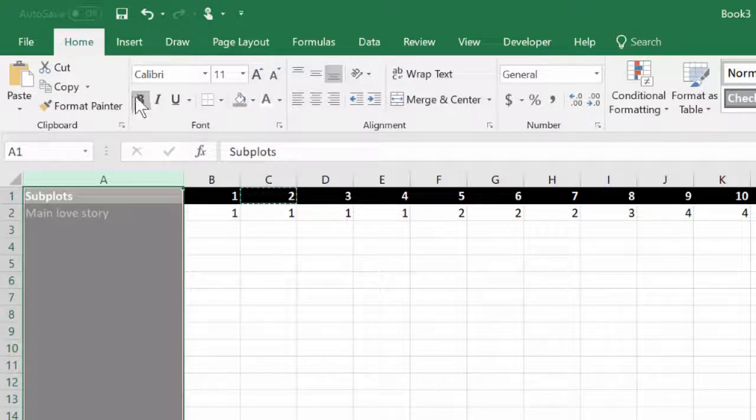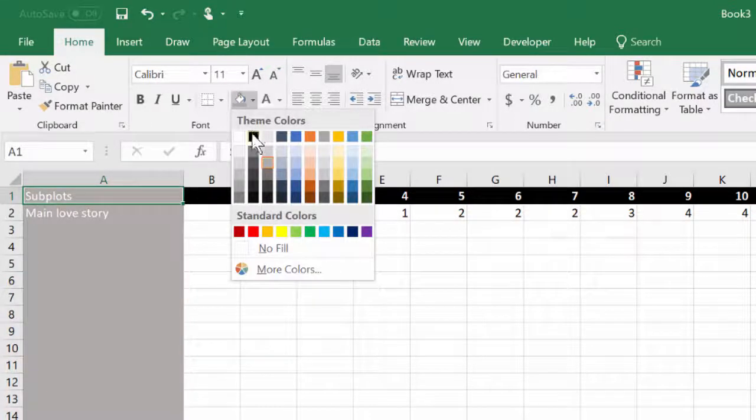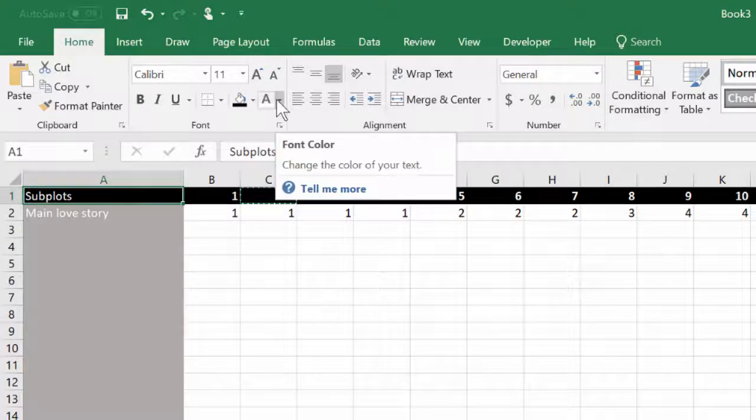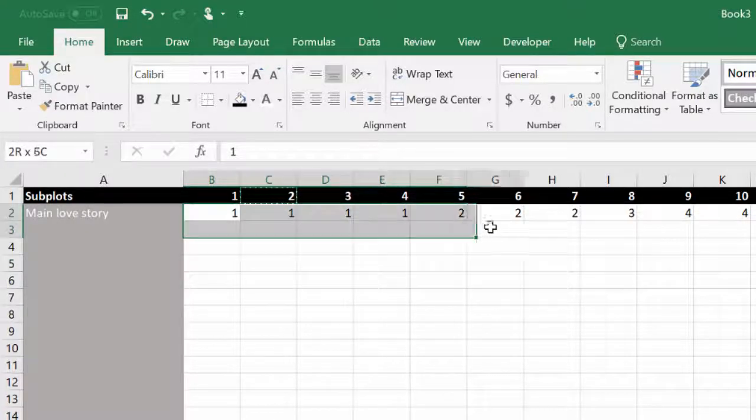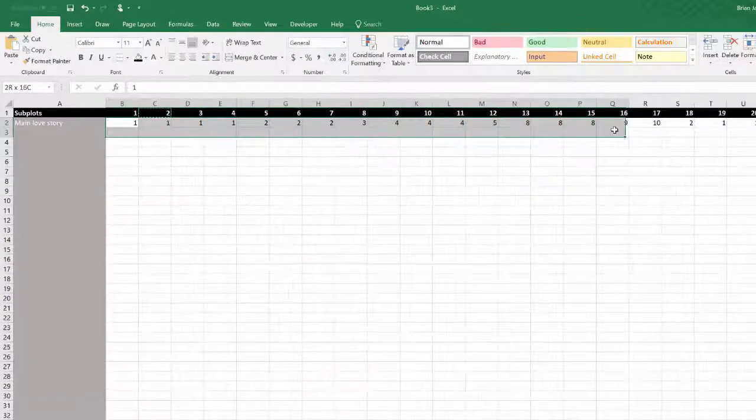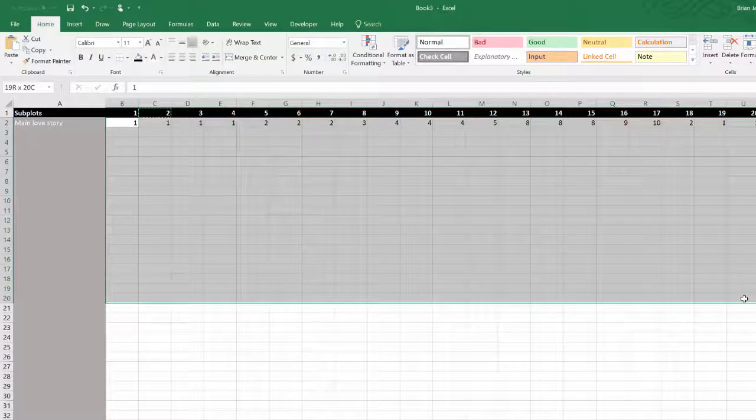And I still want the white. I don't want the bold. Okay, that means that I've got to come back to this one, and I'm going to set it back to black with white and with bold. There we go. So that matches the header. So now we've got a little bit of formatting to our report. Now I'm going to do something really neat. If I select, let's say, just a bunch of cells,